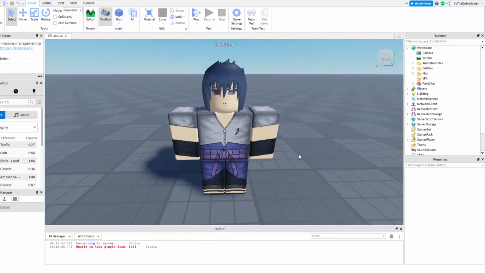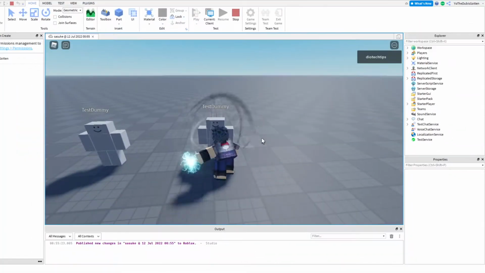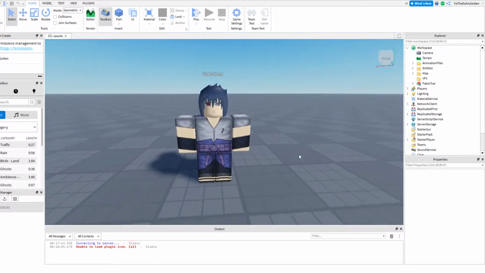This will complete our trilogy of Sasuke's moveset with Chidori, arguably the most famous move of Sasuke's, but anyways, let's